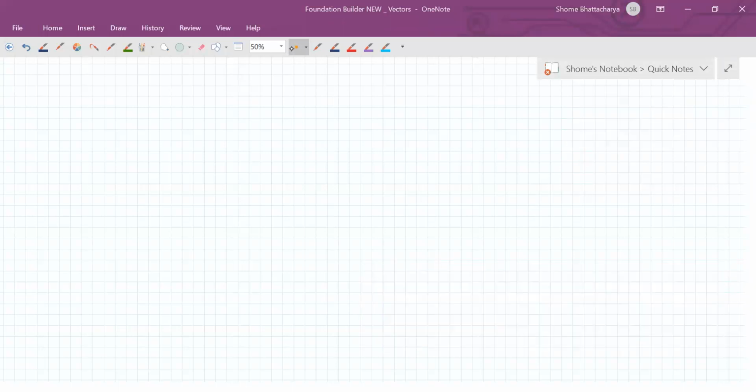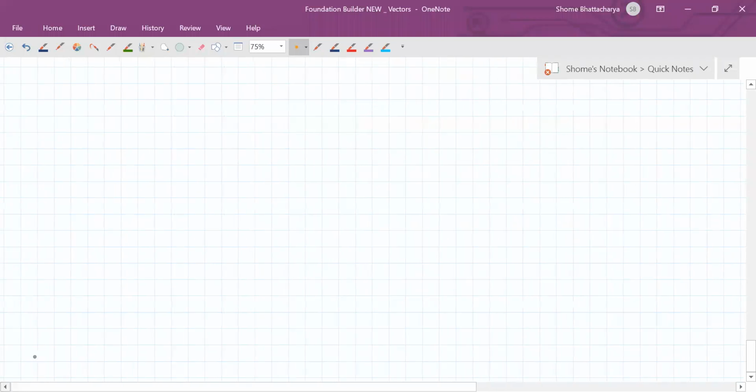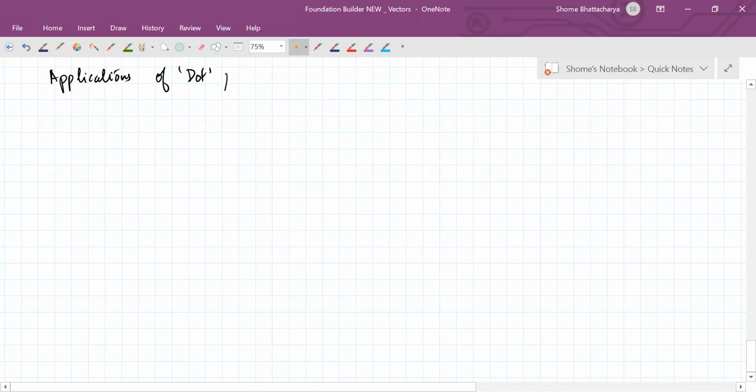All right. So coming back to what we are discussing in general, the applications of this thing, dot product. So we saw the first application is work done, direct application. Now moving on from that, we will come to more applications. Now second, we'll see a somewhat indirect application.